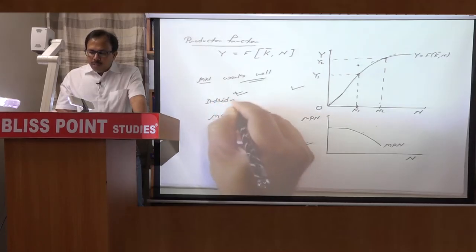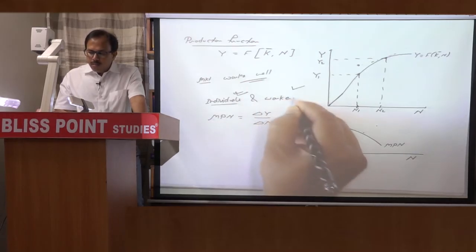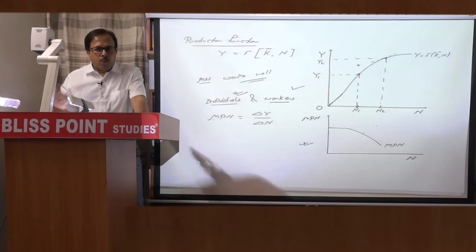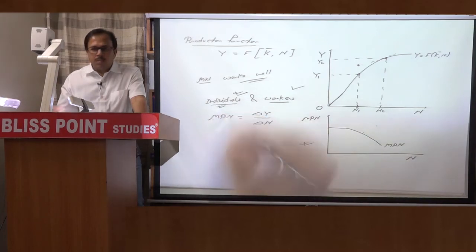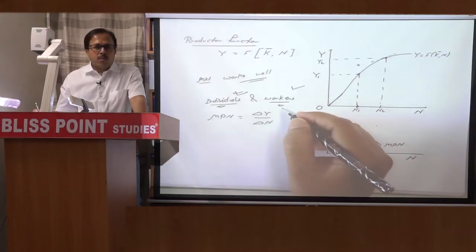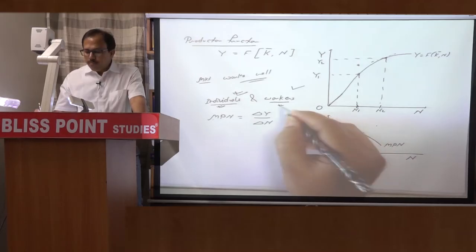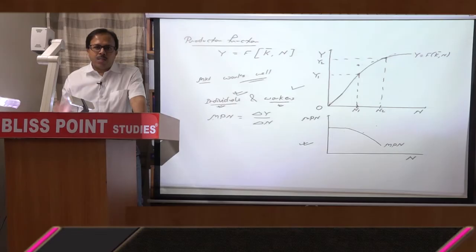So we are assuming that individuals and workers are optimizing their objective. That means individuals are maximizing their own utility, workers are maximizing their utility from wage and income, firms are maximizing their profit, and the market is working well in that respect,